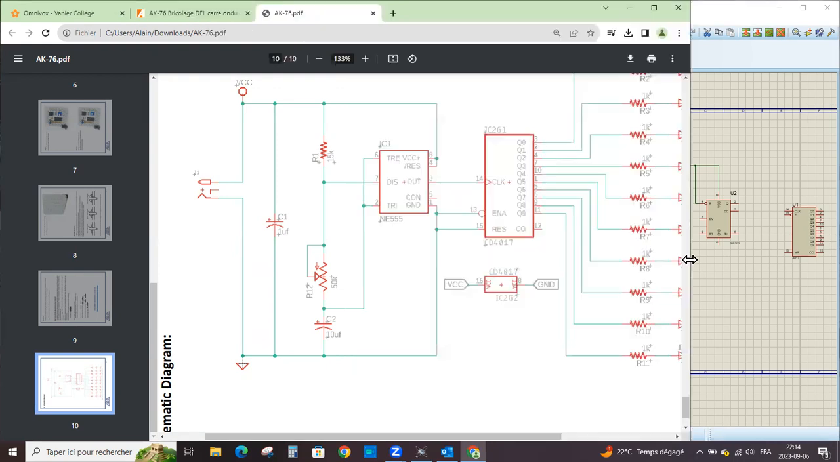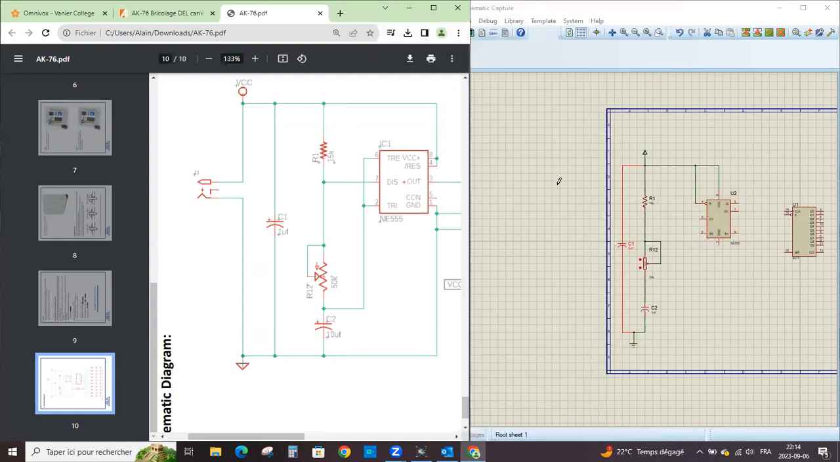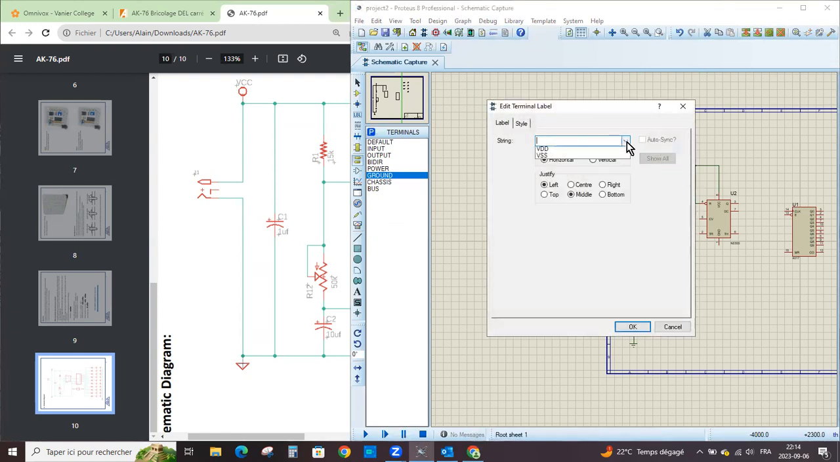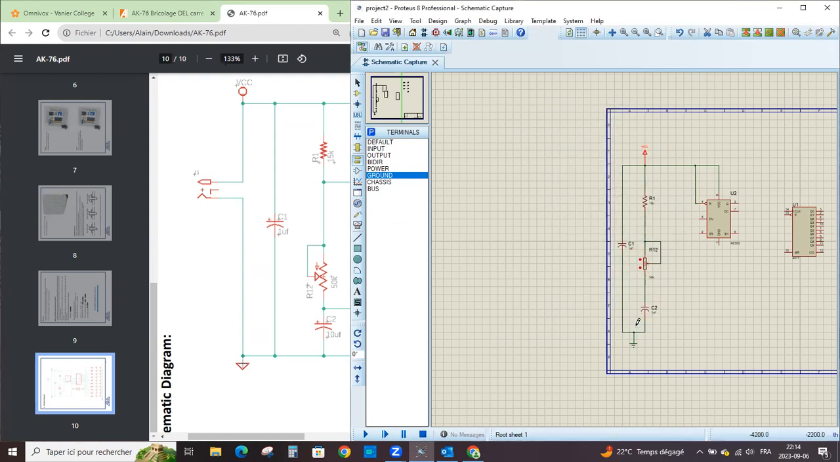Oh, no. In order to do this in Proteus, it's a little bit different. So this is just putting the ground connection to the chip and putting VCC to VCC. VCC is power. So let's look at it. Here, I'm going to double click. I'm going to see if I have VCC. I have VCC right there. I'm going to say okay. And on this chip,